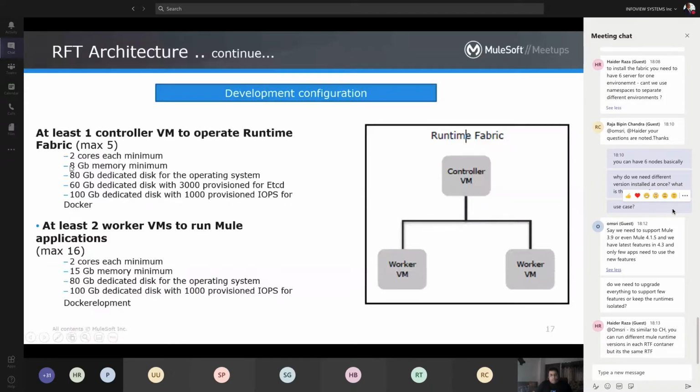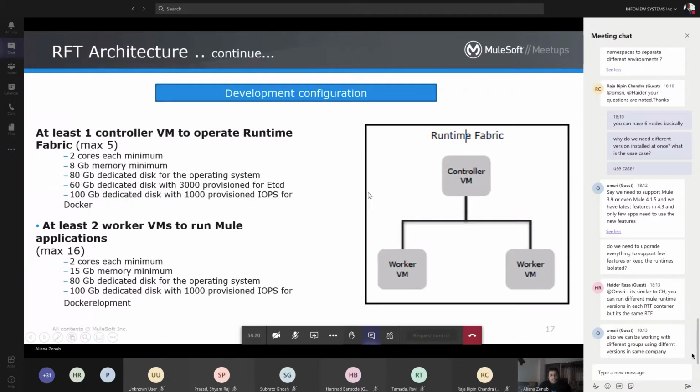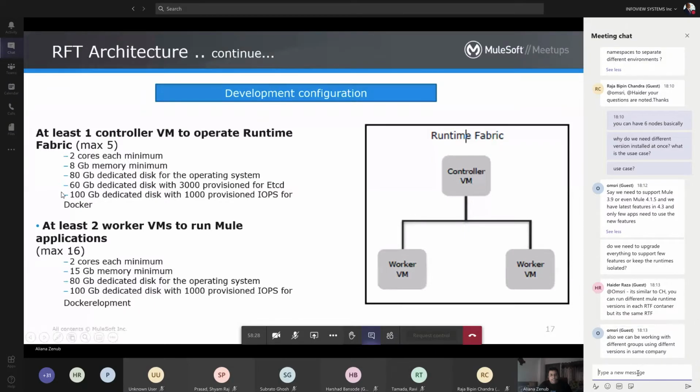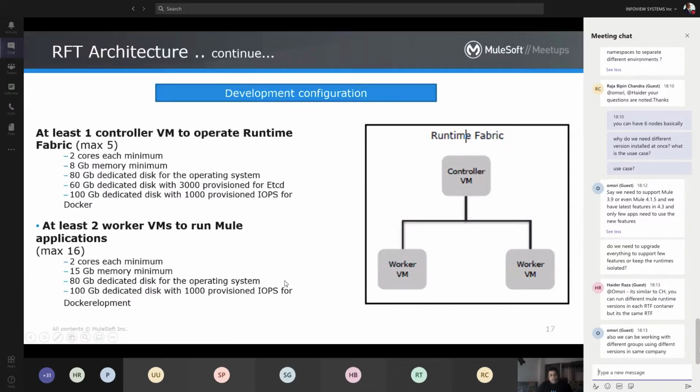It is not using the complete provided resources, but it always validates that the server being configured as a controller has all the required minimum requirements. We can definitely have more than that, but not less. The same applies to the worker VM.